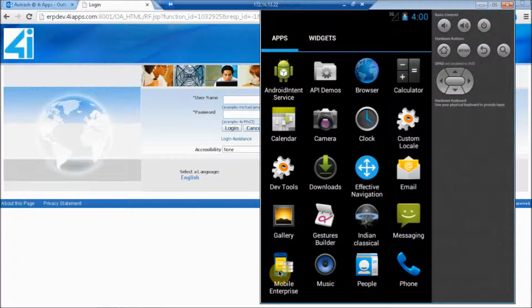Hello and welcome to Oracle Mobile Enterprise Extension for Oracle EBS. I'll show you hands-on how we have extended one of the Oracle EBS modules, namely Enterprise Asset Management,